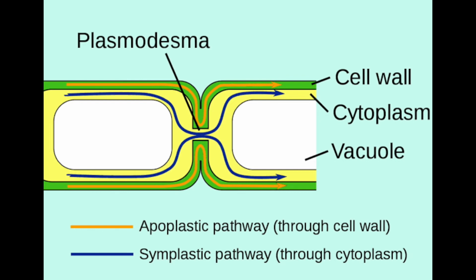On the other hand, symplastic movement is the movement of water molecules between cells, from one cell to another cell, and to another cell. That transportation is called symplastic transportation, where water moves from one cell to inside another cell or neighboring cells, through plasmodesmata. So, apoplast and symplast.